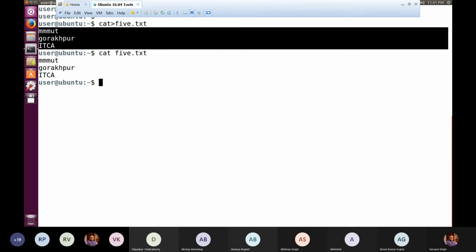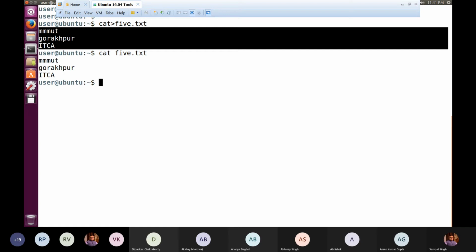So I suppose it's clear that for creation of a very small file, we can make use of the cat command. But again, I'm telling you, it's not an editor. It's a special use of the cat command that helps you create a very small file of 3 or 4 lines, because more than that we are not doing with cat, since it's not an editor. Because of that, when you are typing multiple lines, the chances of having errors are more.